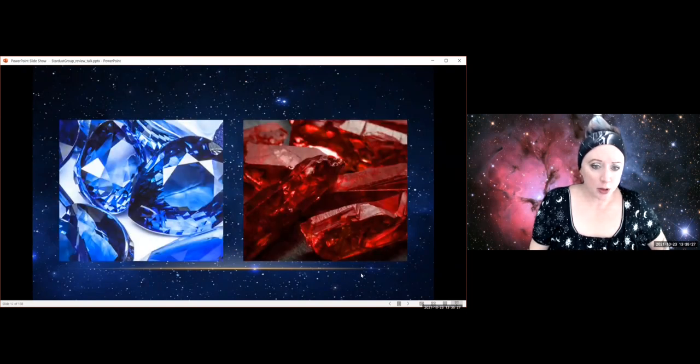We can go in further and talk about sapphires and rubies. Did you know that sapphires and rubies are in fact the same mineral? They are corundum. They are made of aluminum or aluminium oxide. But the difference is the impurities in them. The impurities in sapphires are iron and titanium. The impurities in rubies are chromium atoms. And those two different impurity systems mean that you have different colors. So clearly they are interacting with light differently, and that is not even down to their bulk composition, but the impurities that are embedded in the crystals.